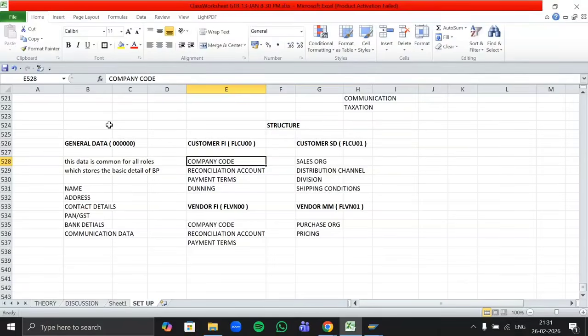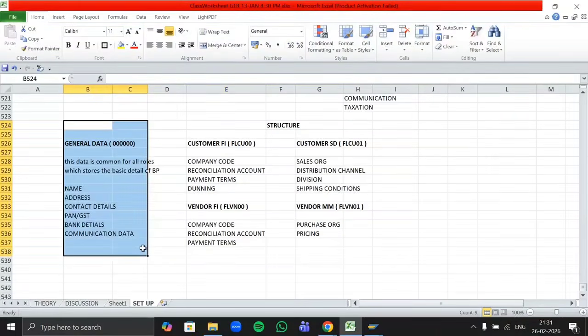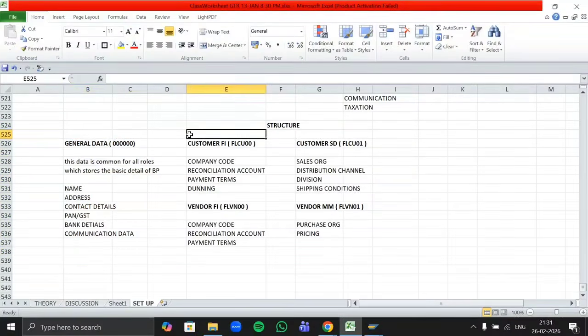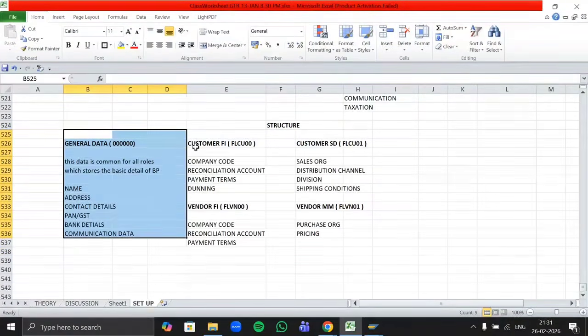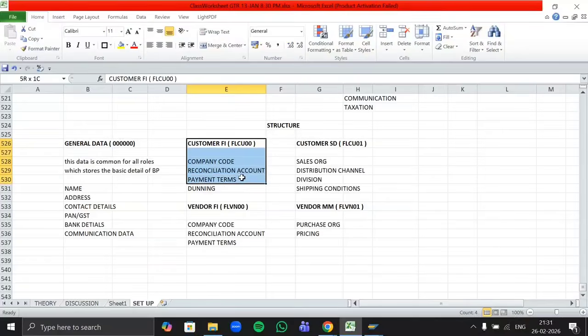Because the general data of your family is the same, right? So that will be stored under customer ID and general data, and your bank account number means your customer FI role. So if you have four members in your family, like blood relations, all four members will have a unique bank number only, no doubt, if you have the same bank over there. So that is what customer FI role is.